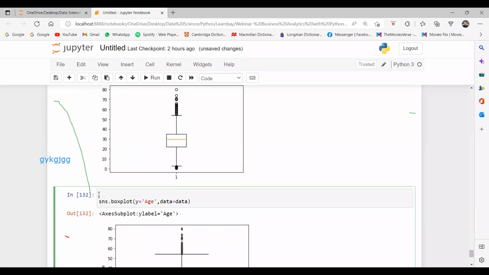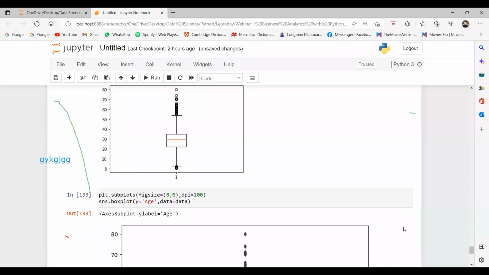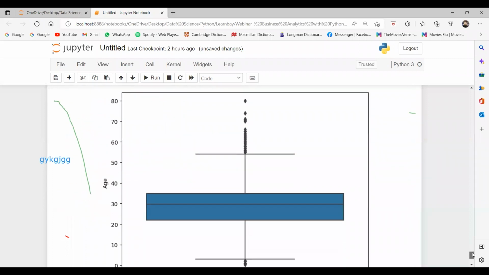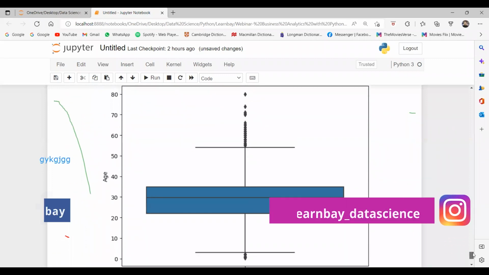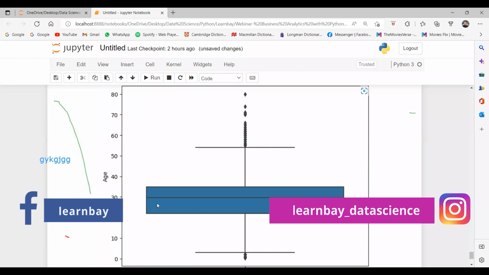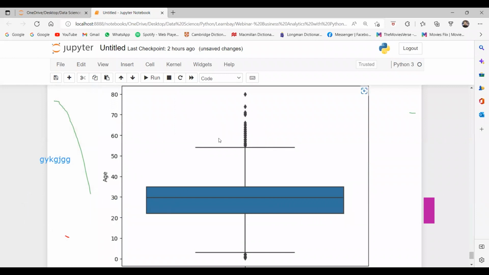I will say plt.subplots, and here I say figsize equal to, again, 8,6, and I also want to increase the DPI, the density of the pixels. So it looks better now. Yes or no, guys? Yep, much better. Now let's understand what it tells.